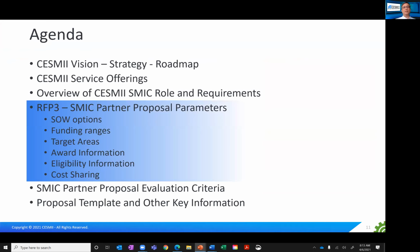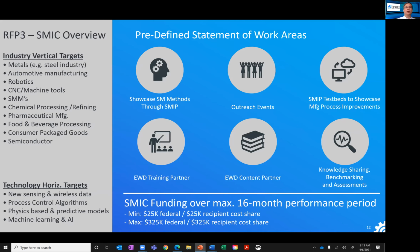So I just wanted to set the stage for what SMIC is about, what the SMICs do, and what we're looking for in a SMIC. So we'll talk next about looking to add more SMICs to our SMIC networks. So with this request for proposal, or this RFP 3 for our Smart Manufacturing Innovation Centers, we're looking for new